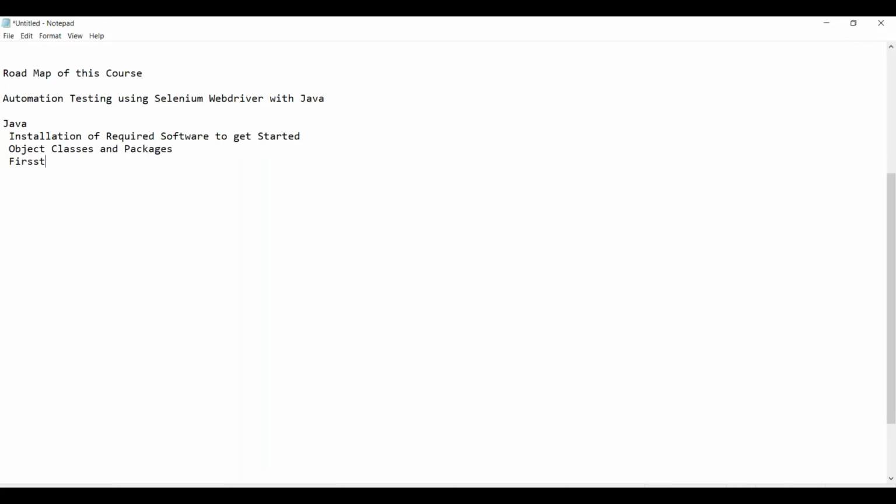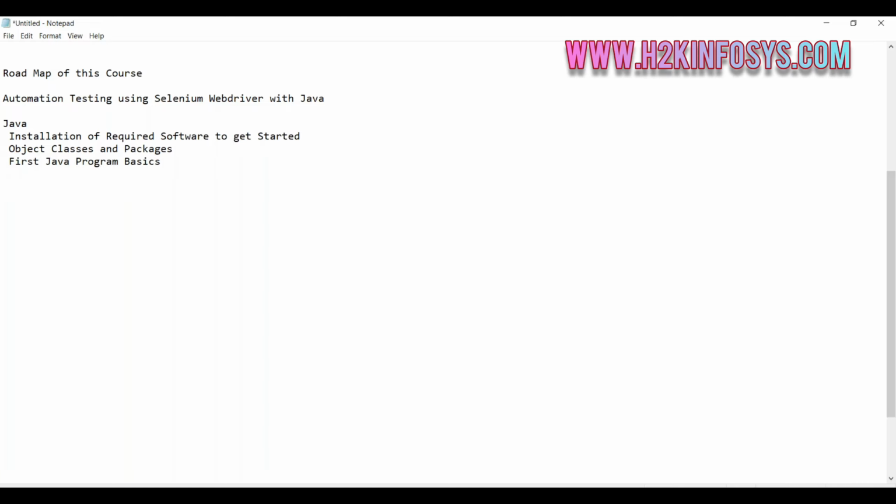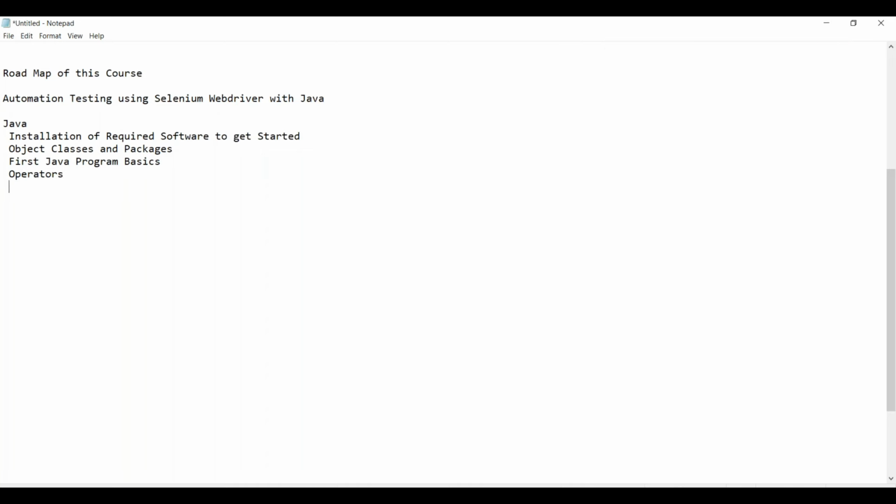Then we will write our first Java program, then the basics. Then we will learn about operators. Then we will learn about flow control statements. Then we will learn about methods and constructors, methods, access modifiers,